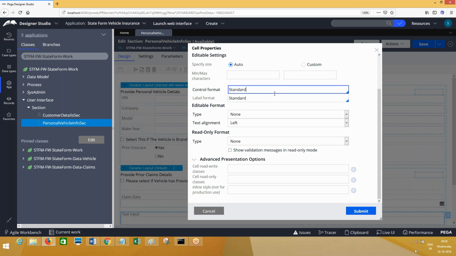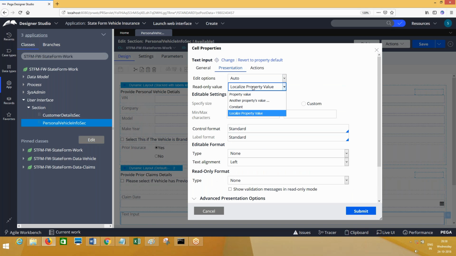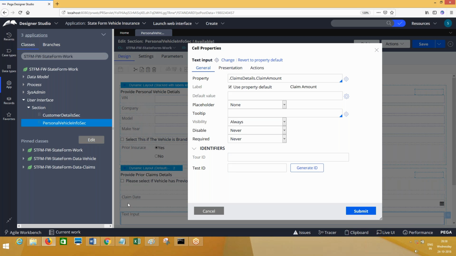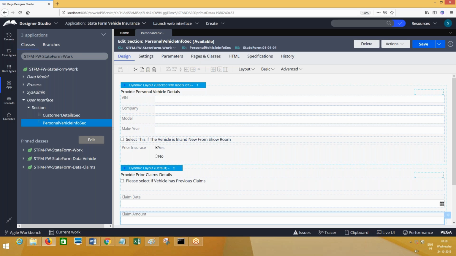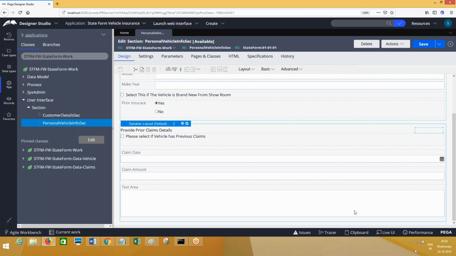Control format text. Okay, I will tell you, maybe it is another option. Okay, so claim amount. Submit this. And what is the next one? Claim reason. So the next one is claim reason.